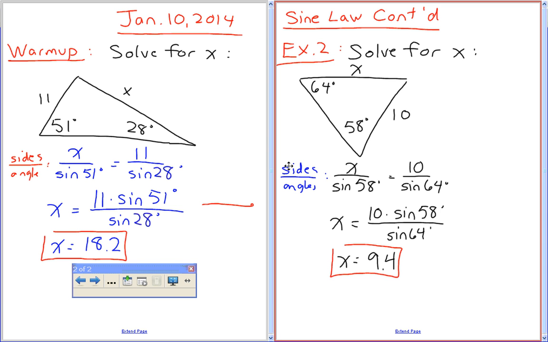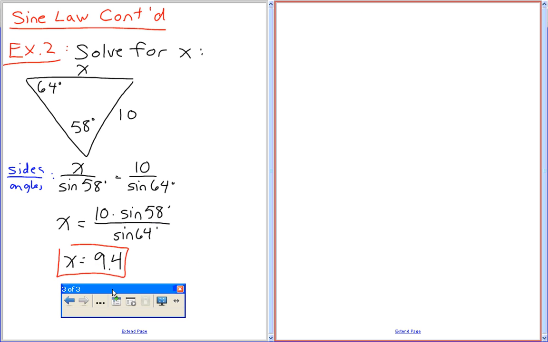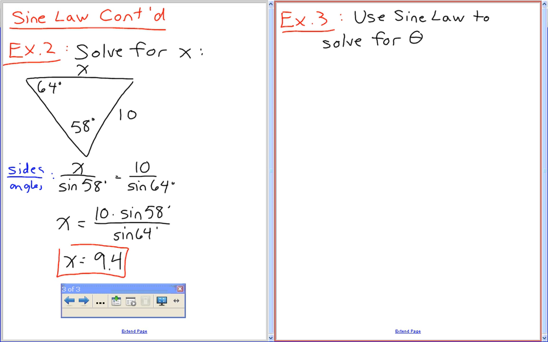Yeah, exactly. Excellent. Okay, so Adam's right. He says I'll only be giving you, in this case, one angle on the inside and then two sides. That's going to happen. Very good. Okay, so here we go. This is going to be example 3, which is going to say solve for theta. I'm even going to call it use sine law to solve for theta. And my example is